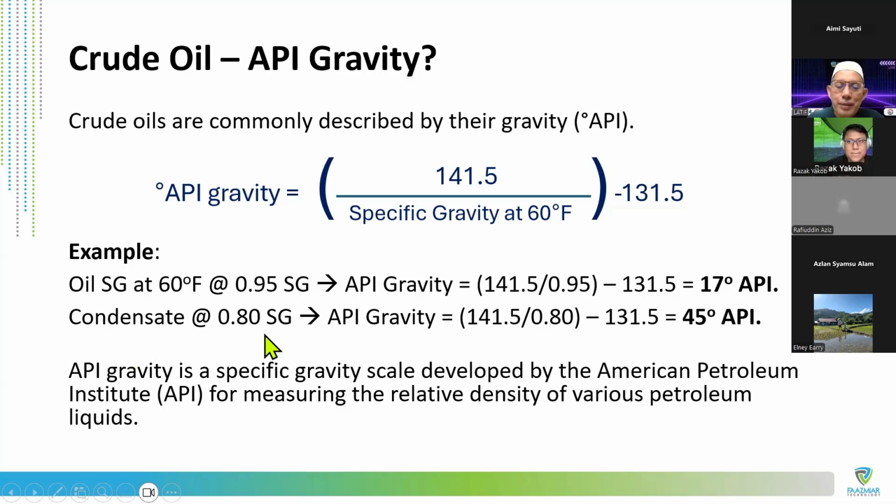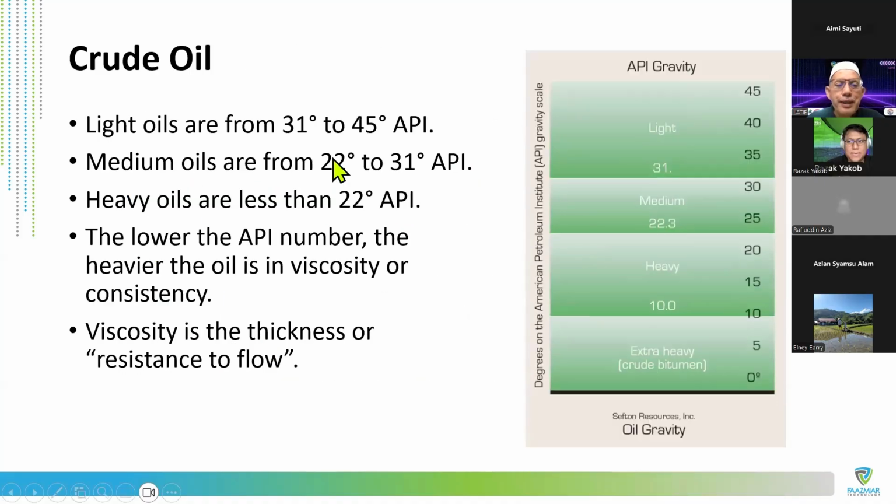So this is some calculation to show you how the API relates to viscosity. The higher the API, the lighter the oil. So it's a bit reverse. The lower the API, the thicker the oil will be. Okay, see some examples: light oil is 45, condensate about 50, like I mentioned. Medium oil is 20 to 31. In our production in Peninsular Malaysia, we have the Tapis blend coming mostly from the ExxonMobil area, Tapis, Guntung, and so on.